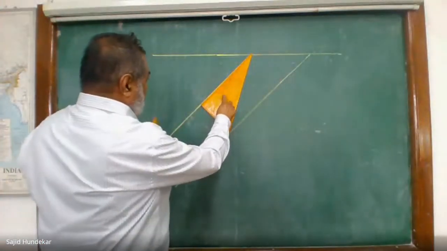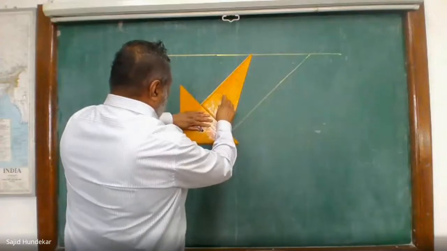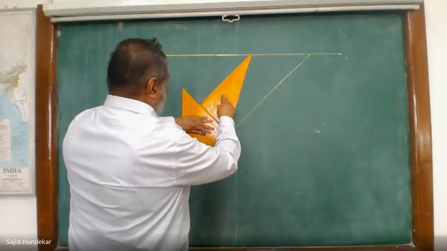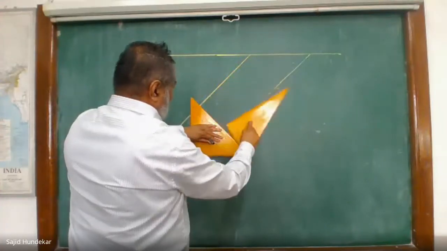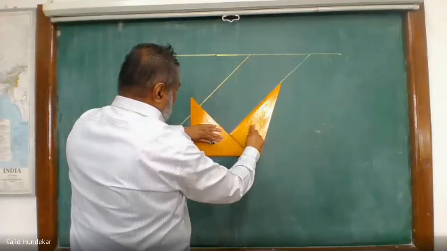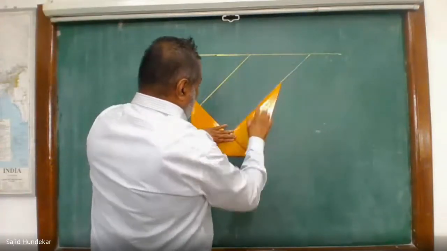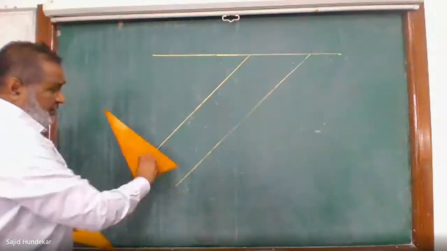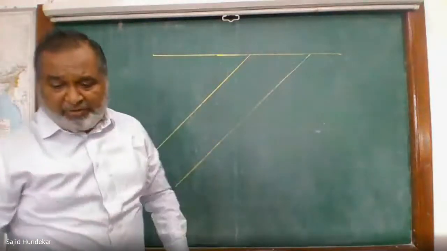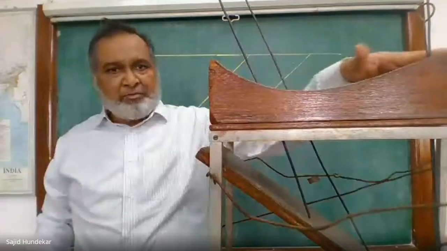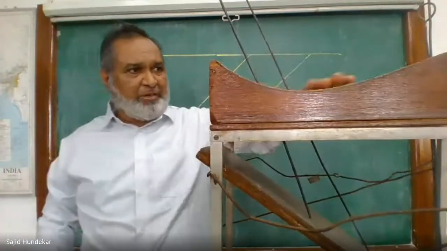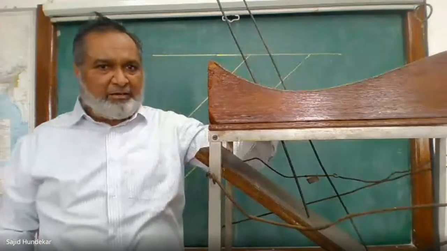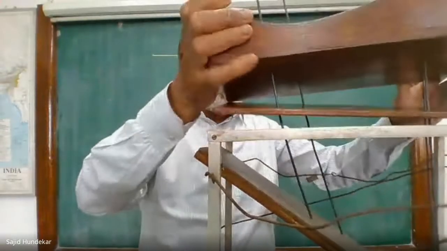Keep the longest arm parallel to this one. Slowly come on the lower side and draw another parallel line, keep the finger and draw another one. Both of them are going to end at one particular point. So this is what we have, the inclined bed. This is the inclined slope or surface that will be exposed. Here we have a hill and here we have the basin.